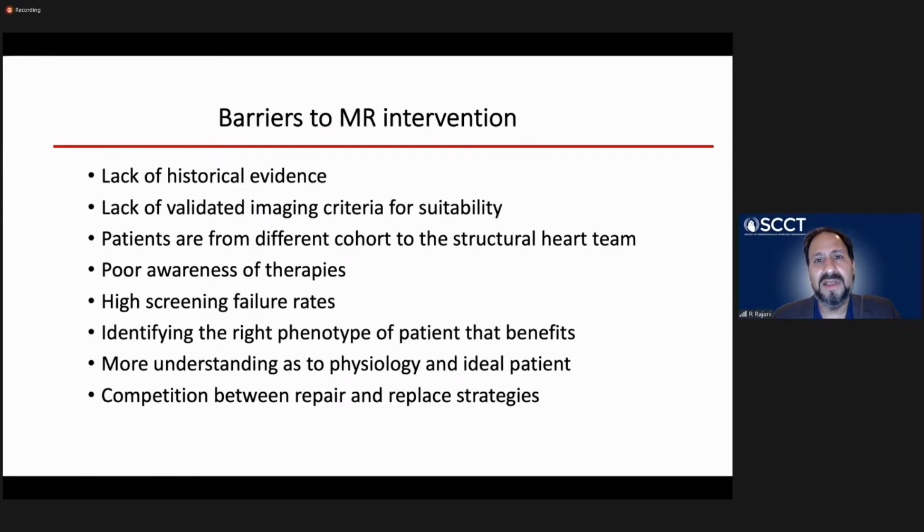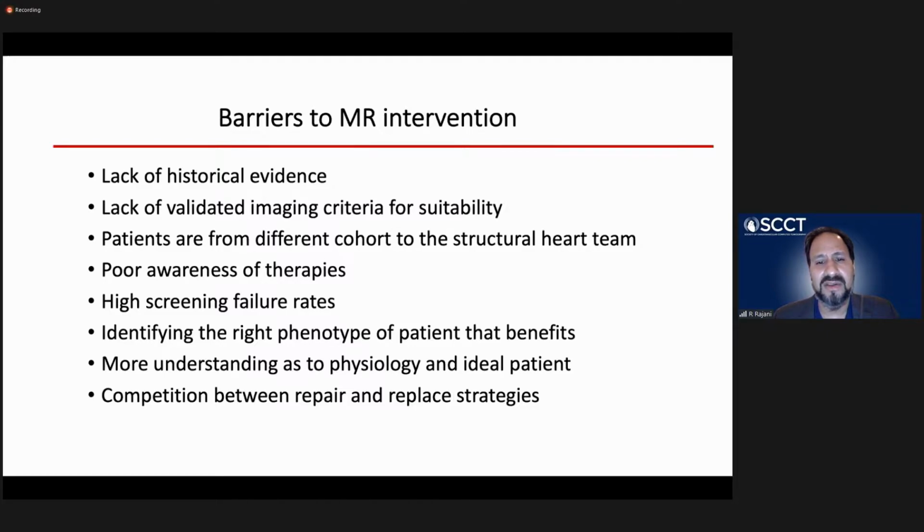So what are the barriers to mitral valve intervention, and particularly with transcatheter mitral valve replacements or repairs? First of all, there is a lack of historical evidence, a lack of validated imaging criteria for suitability. Patients are from different cohorts to the structural heart team. There's a poor awareness of therapies, high screening failure rates. It's difficult to identify the right phenotype of patient that benefits, and we need more understanding as to the physiology